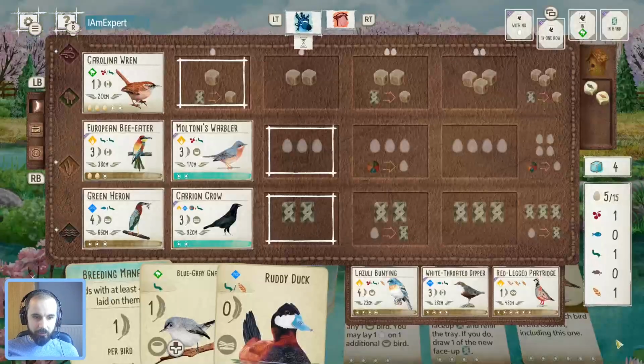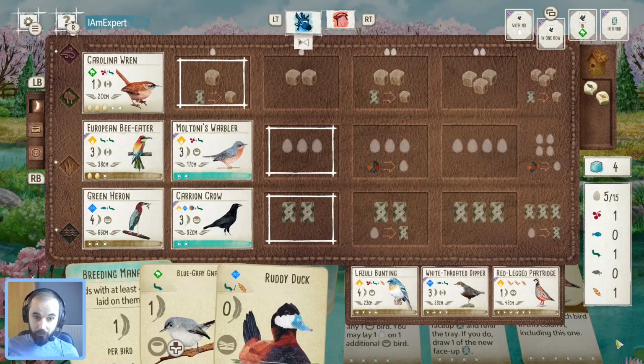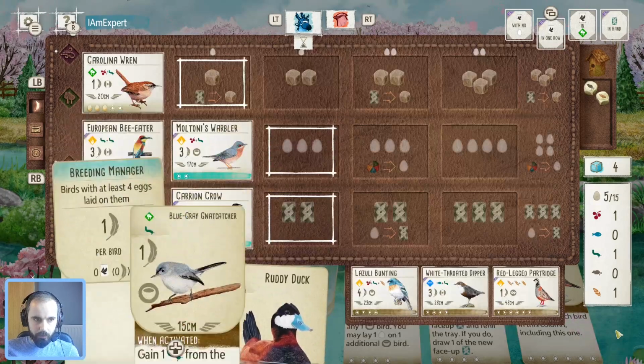Partridge now pops up. Definitely an interesting one. Again with Moltoni can be good, but maybe better in column 1 or column 2 where you've got more egg spaces. I mean, certainly underneath this Carolina Wren, for example, would be a great spot with all those egg spaces. So yeah, might be a position where the ship has sailed a bit. Partridge for us, but